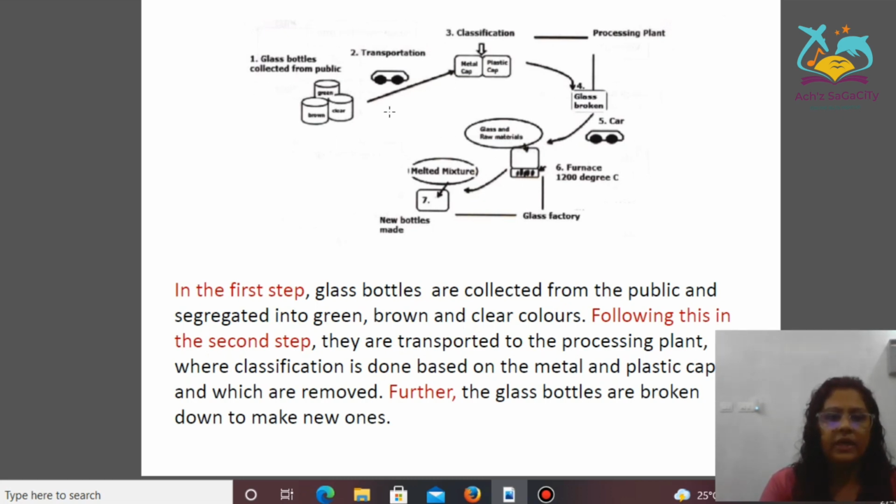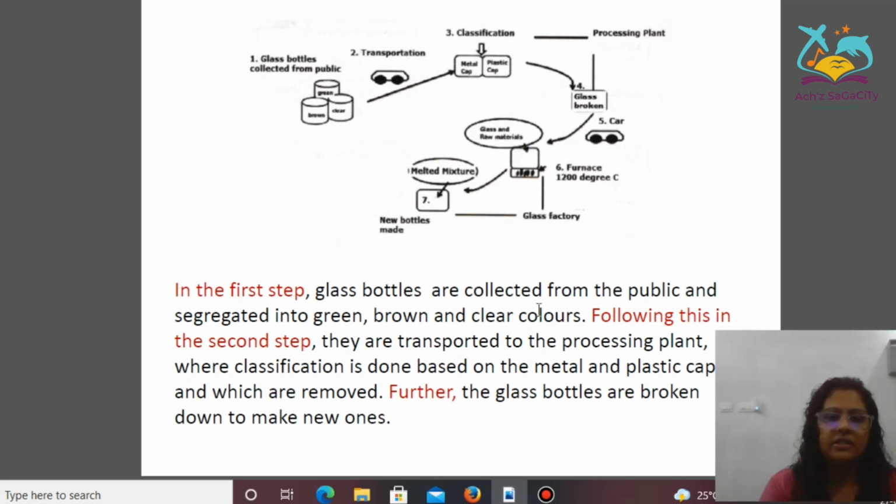Then in the body paragraph, you can just divide based on your logic. Okay, so here you can just write up to the fourth step in the first body and the last few steps in the last, that means in the second body. Like that, based on your logic, you can just separate the body paragraph. So try to divide that into two body paragraphs.